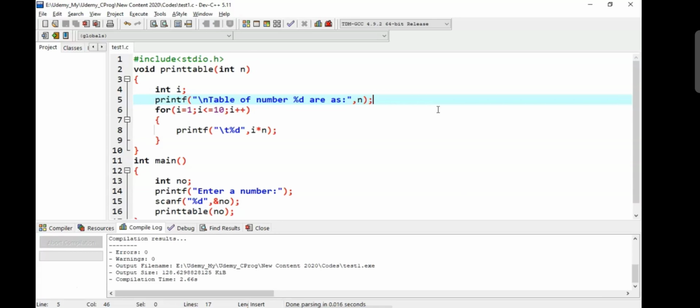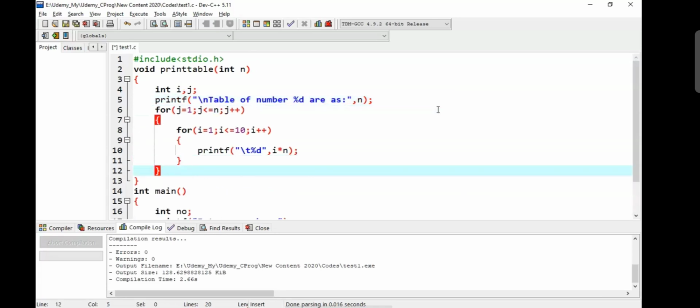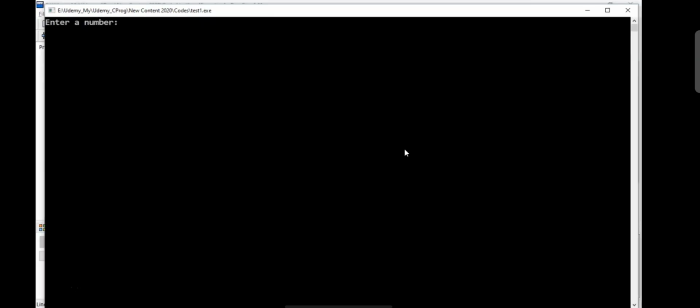of the table. So here the outer for loop is taking care of printing the tables of all numbers from 1 to n, and the inner for loop is actually printing the table of one particular number. On line number 10 in the printf, there should be multiplication of i and j. Let's compile and execute this code now. It is asking me one number, let that number be 5.